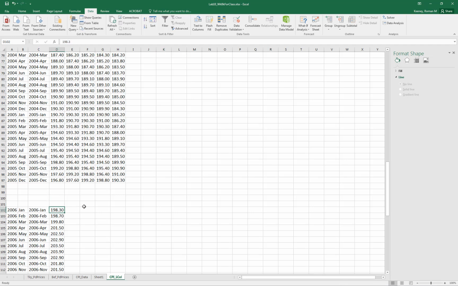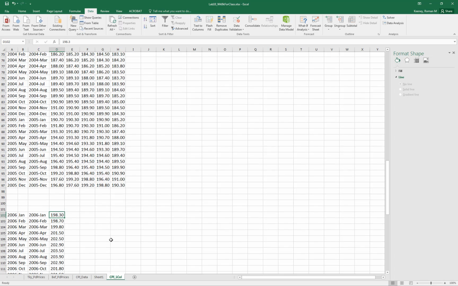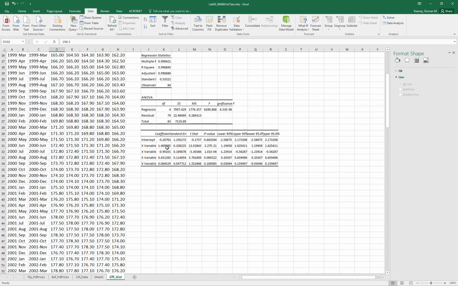If you want to predict the January 2006 price, then you need to know the November price in 2005, December, October, and the previous January's price. So you can use these coefficients right here, the intercept and the 4 slope coefficients, to predict the January price in 2006. So I'm going to copy these